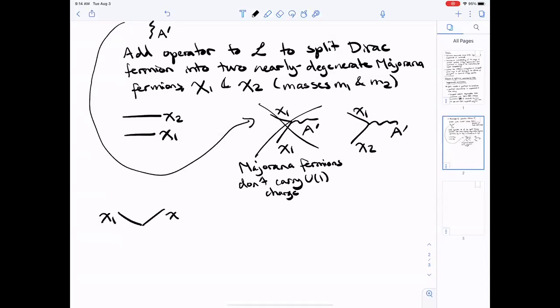A chi1 comes in the lower state, it exchanges an A prime with standard model particles. So to do this, let's add this extra ingredient. Let's have our A prime have some mixing, we'll call it epsilon, with the standard model photon, okay? So then there's an interaction with the standard model that looks like this. But in order for this process to be kinematically allowed, you need the mass splitting between chi1 and chi2 to be smaller than the kinetic energy of the incoming dark matter particle, so it has enough energy to excite into this higher state.